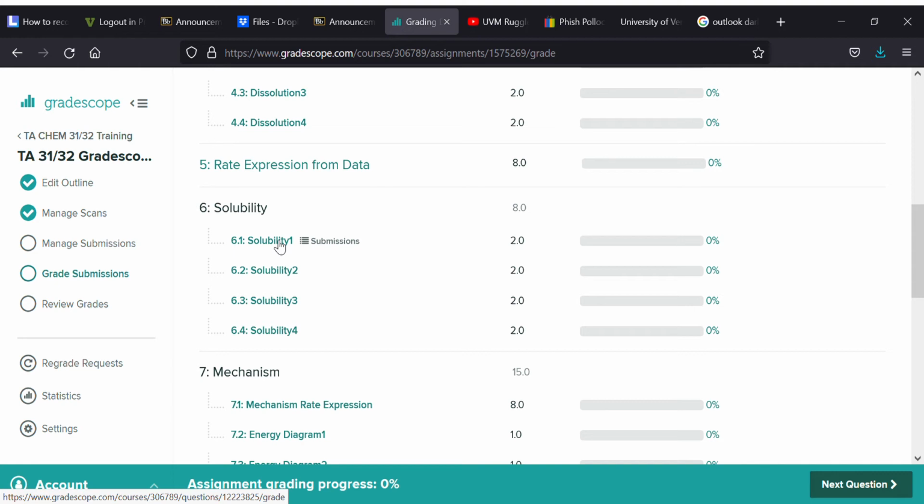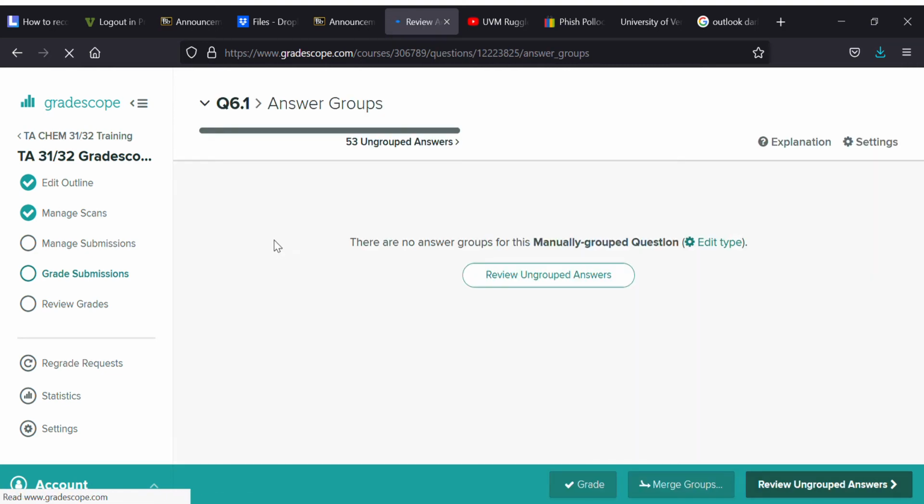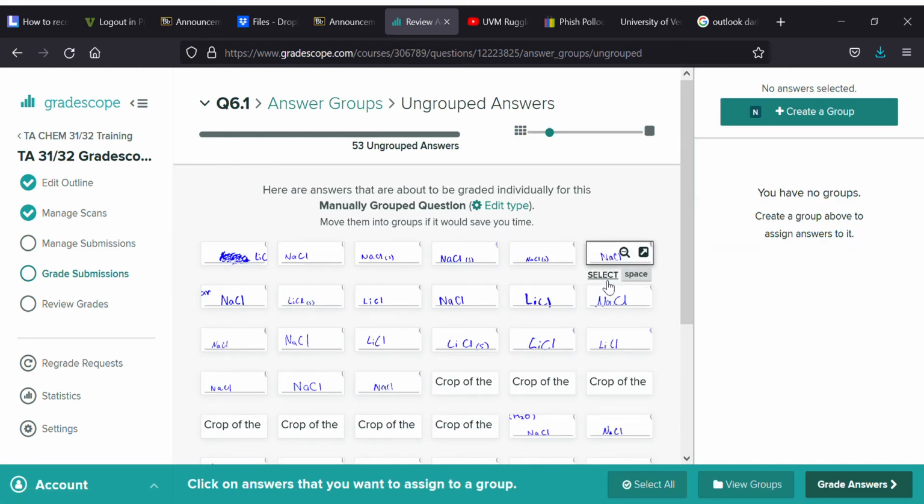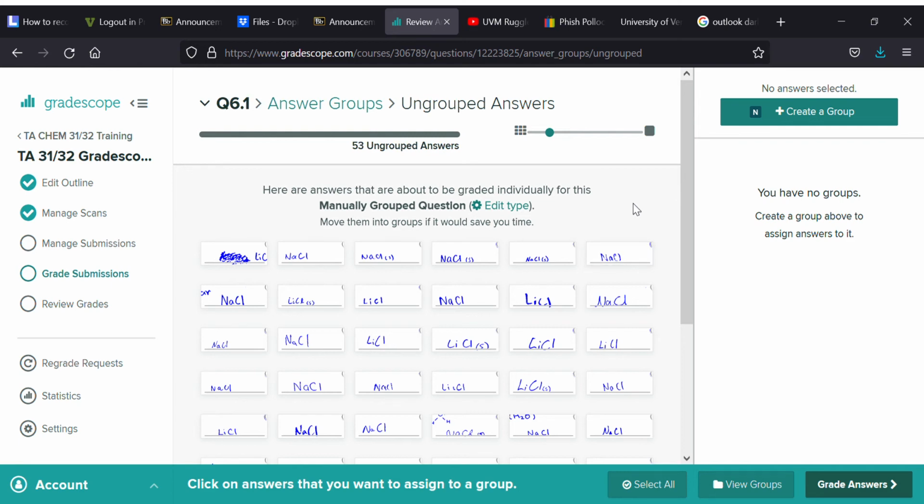So we click on that link to the solubility question, and we find that there are no groups given, but what we can do is manually group the answers that are provided. If we review these, we'll find that there's really two different answers, and that's what this question is asking. It's asking what is more soluble in water, sodium chloride versus lithium chloride. And the answer here is sodium chloride. Sodium chloride has weaker electrostatic forces and thus is easier